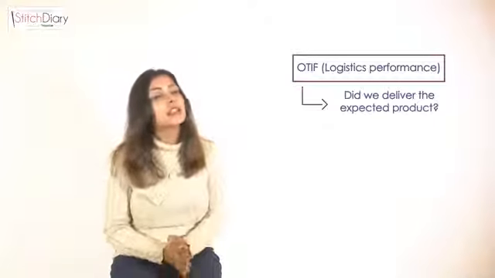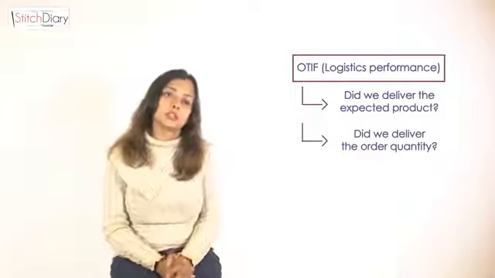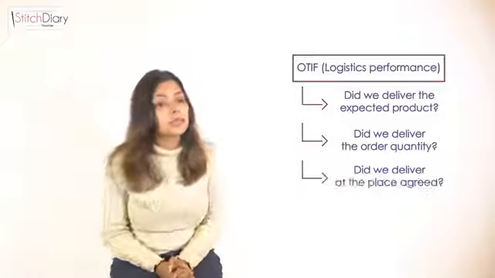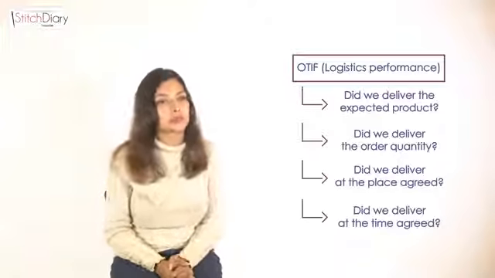The last production planning performance tool is OTIF. OTIF stands for On Time in Full. It is a fundamental measurement metric for logistics and planning. OTIF basically represents whether the supply chain was able to produce the expected product in the reference and quality as per the quantity ordered including tolerance, at the place where it was expected and at the time when it was promised to the customer.